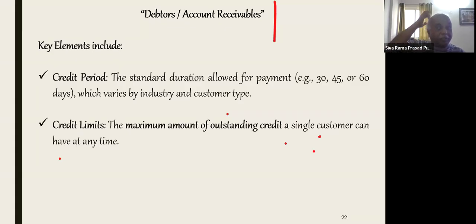Pharma companies also work like that. Because the wholesalers are there, they will ask for credit. If the pharma company supplies, they will take the bill of exchange from the traders and allow 30 days. Once the pharma company is facing CIRP, you have to ask the CFO to recover that amount, whatever credit sales have happened. The maximum amount of outstanding credit to a single customer at any time is the credit limit.